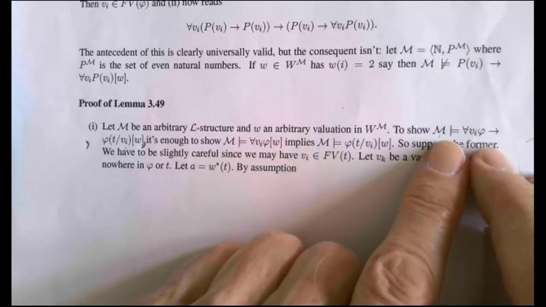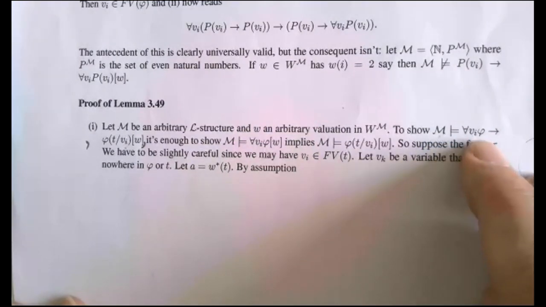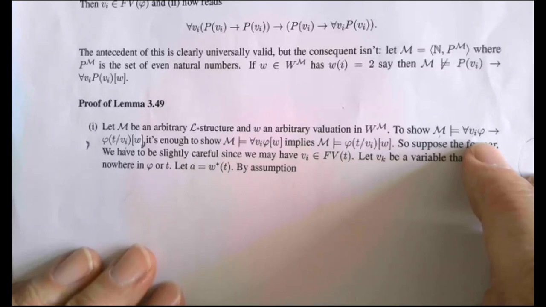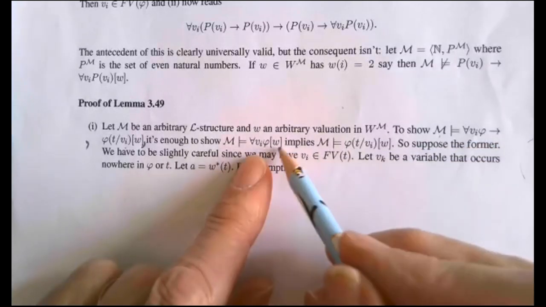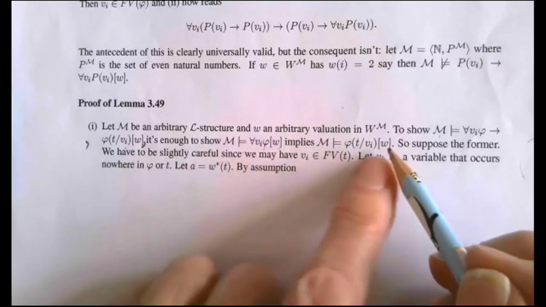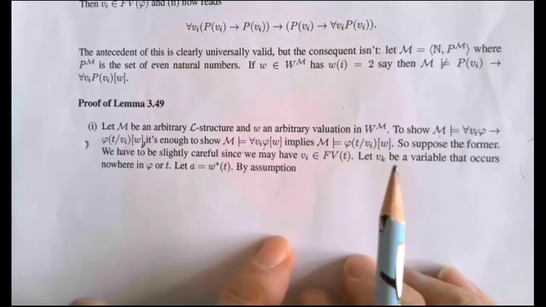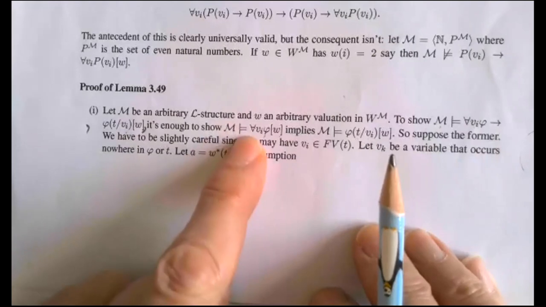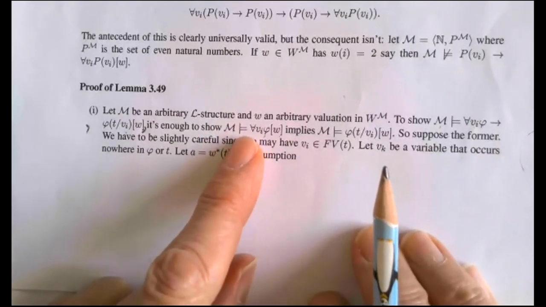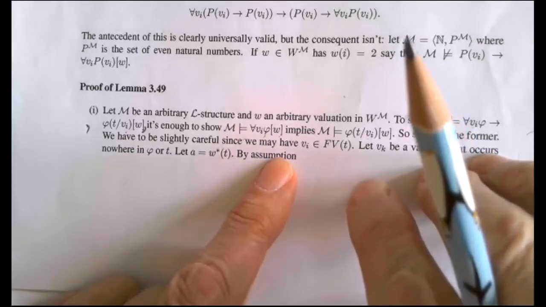Well, to show that the implication P implies Q is true in M, it's enough to show that if W makes P true in M, then it'll make Q true in M. And that's what I've written here. W makes the antecedent true in M implies that W makes the consequent true in M. Okay, so we boiled it down to showing this. So we assume this here. Right, so then